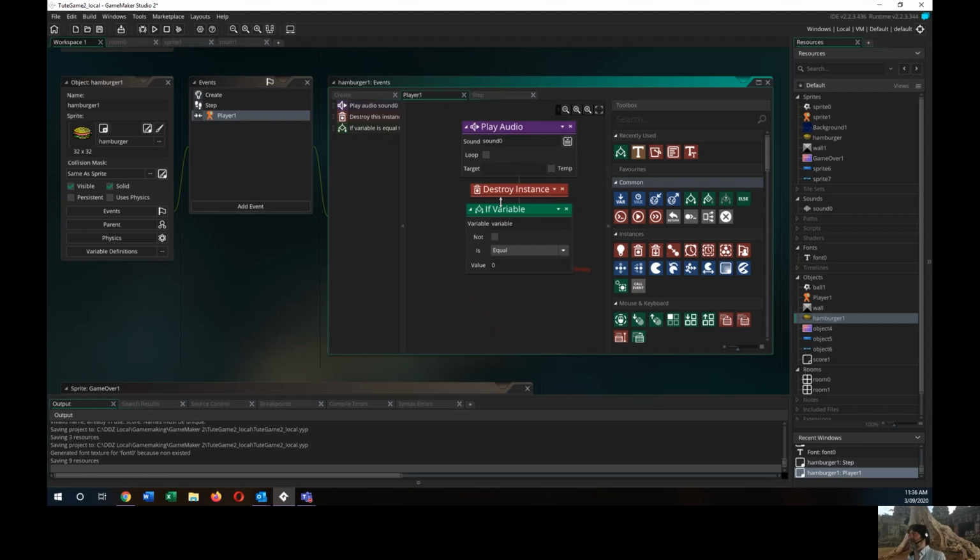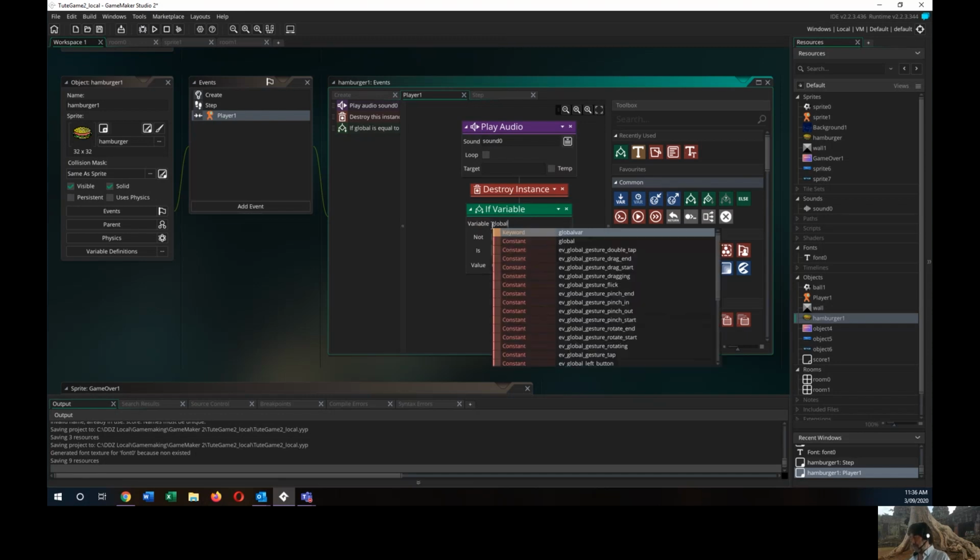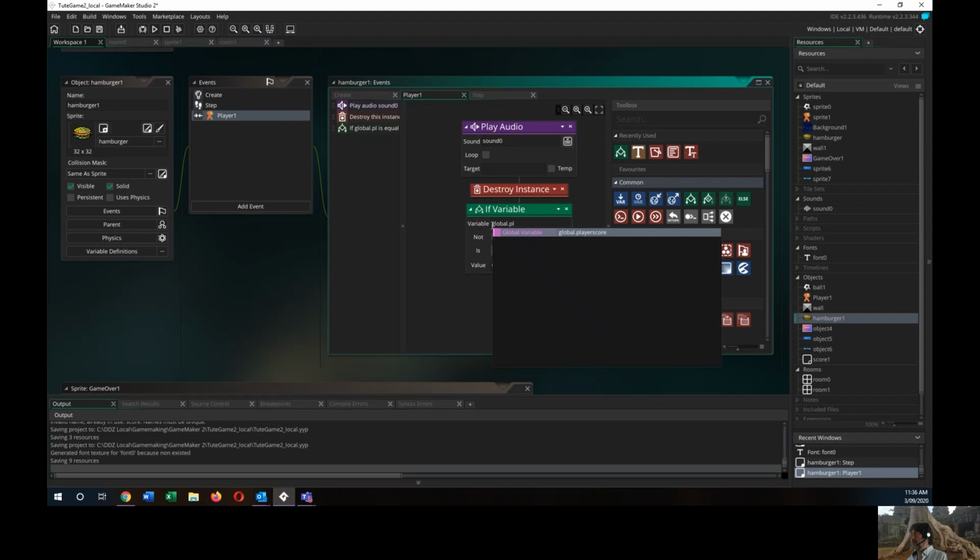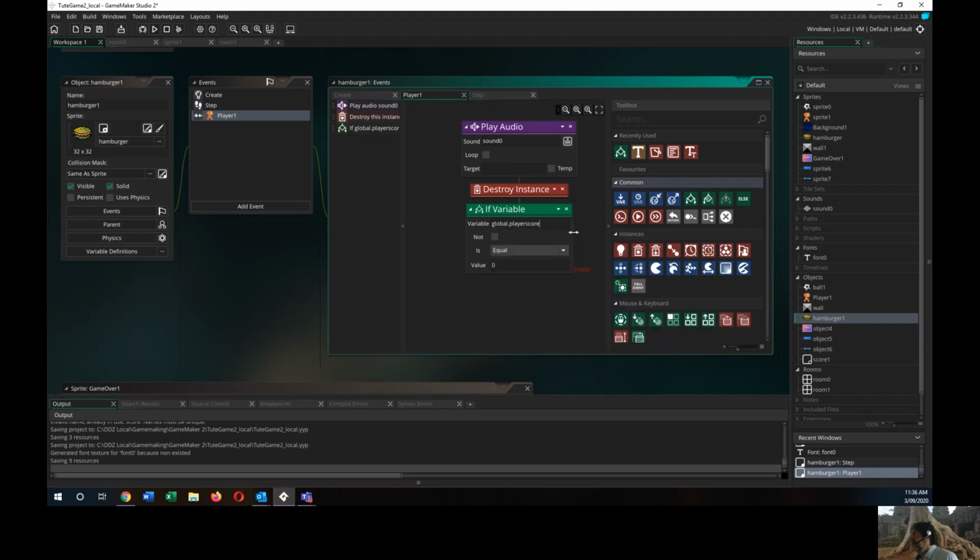So after the hamburger disappears, we're going to say if the variable of player score, if the variable of global.player score, and it comes up for us, and we can click on that, and we can say if the global player score